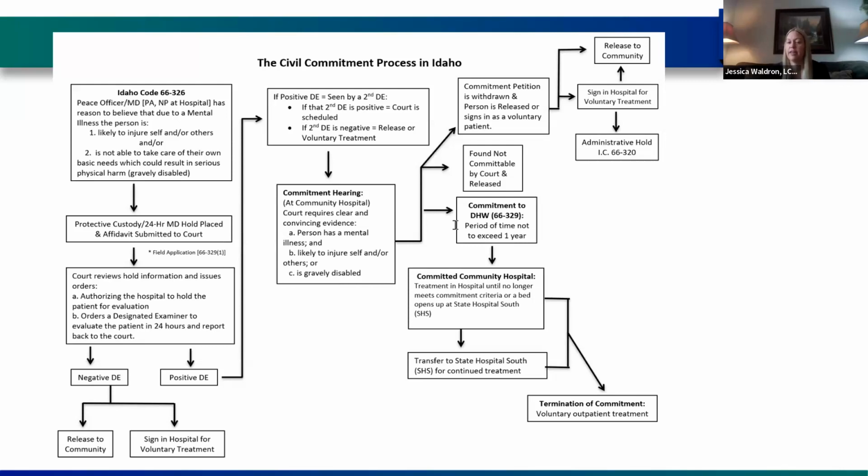So is it something really that they feel can be treated? Sometimes it's not clear. And so at that point, if the doctor's feeling like it could be due to the mental health condition and they'd like to try and work with the patient to treat it, then